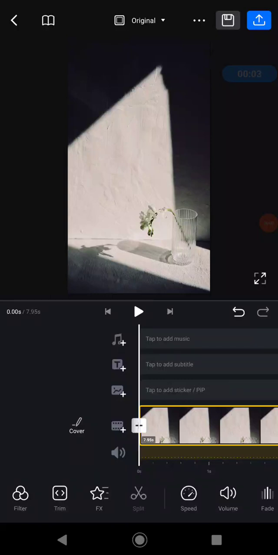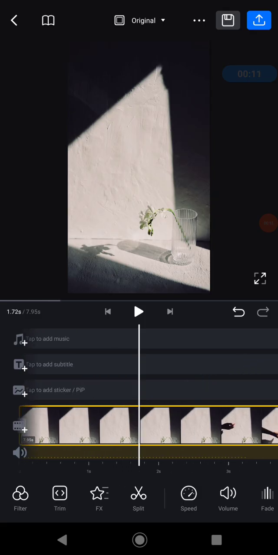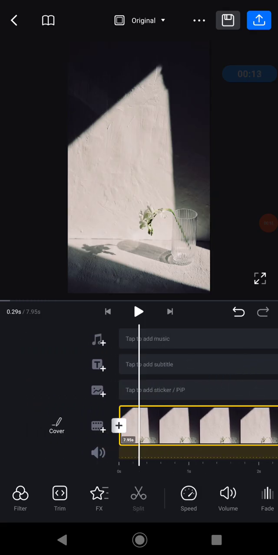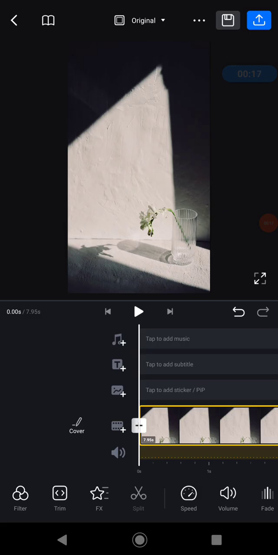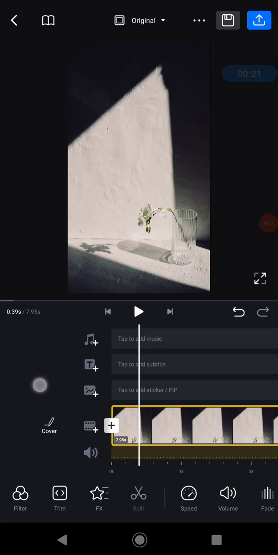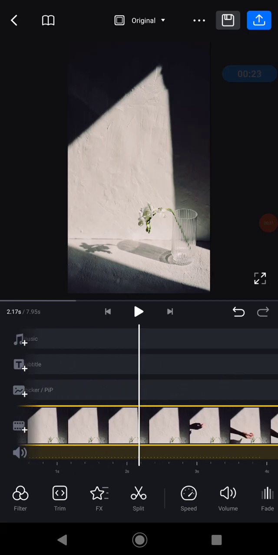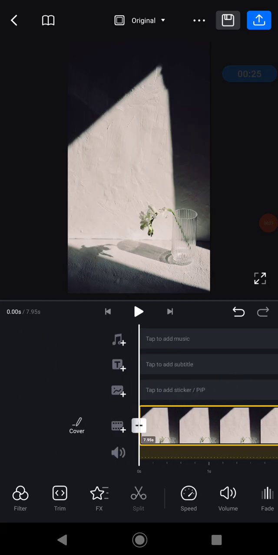In today's tutorial, I would like to show you how to add text onto your video using VN Editor. First, you need to open your VN Editor, and then after that, you need to insert the video that you want to edit. For example, I already prepared the video, and after that, to add a text, you need to click this symbol here,